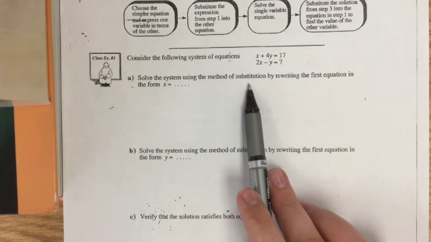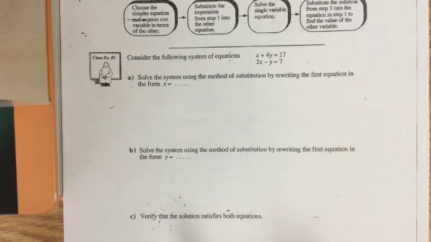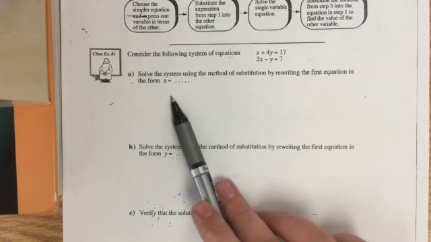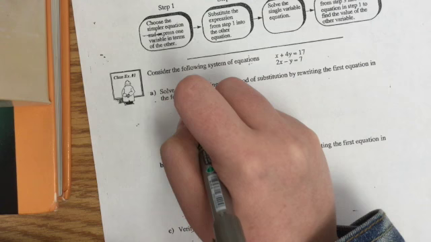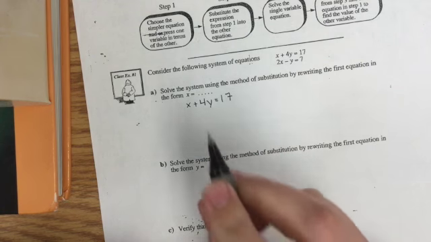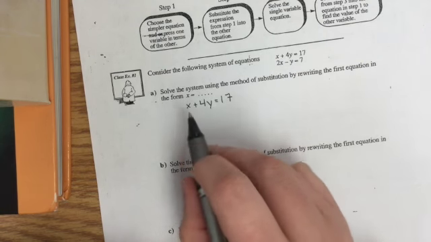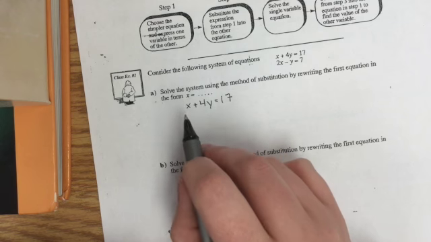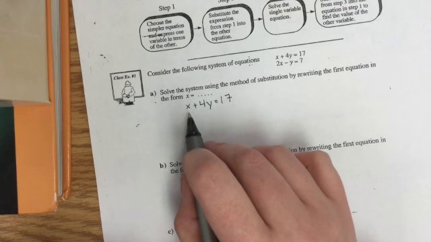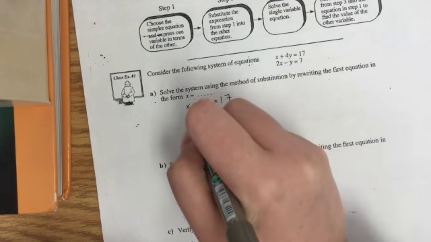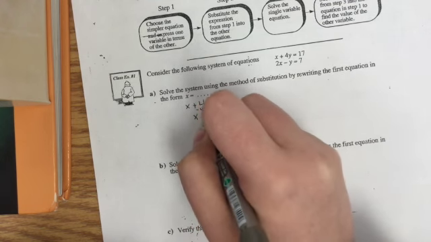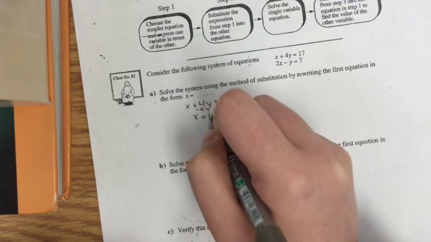That's my algebraic approach, by first rewriting the first equation, this x plus 4y equals 17, in the form x equals. So I'm just going to copy this down here. x plus 4y equals 17. To get that into x equals, this might have been the equation you identified as simpler. Right now they're telling me which one to use, but this would be the one I say, okay, that looks pretty simple to write in terms of x, because x is already alone. So all I have to do, or x doesn't have a coefficient, I should say, is get x alone by taking away 4y. So I can say x equals